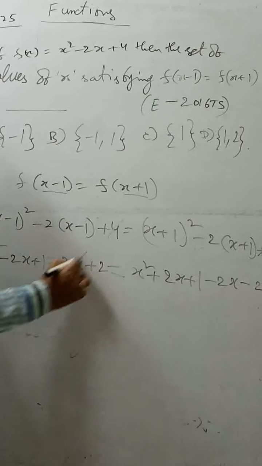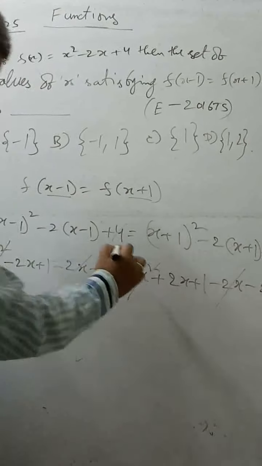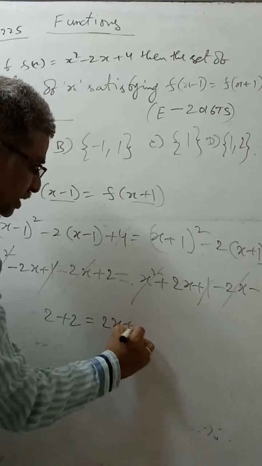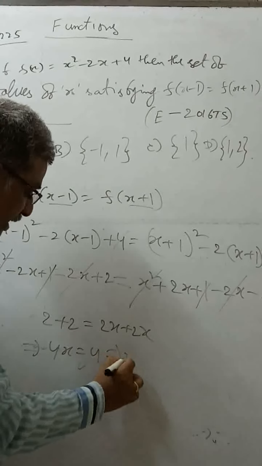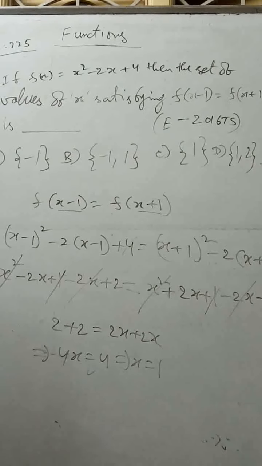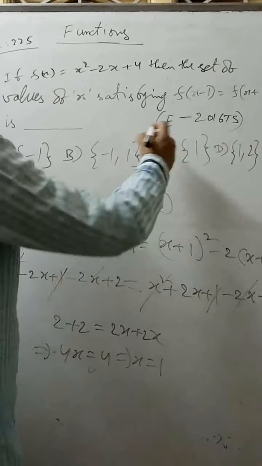And if I cancel 2x on this side, what is left is x square again on both sides. What more can I cancel? Plus 1 cancels, and left out is minus 2x on that side, minus 2 on this side. It becomes 2 plus 2 equal to 2x plus 2x. So what I want to say is 4x equals 4, which implies x equals 1. So our option is x equal to 1. Take the equation once again, the x value must be 1. So our option is